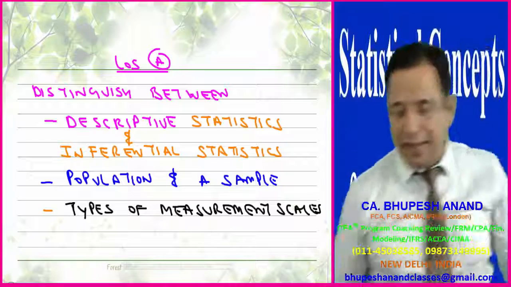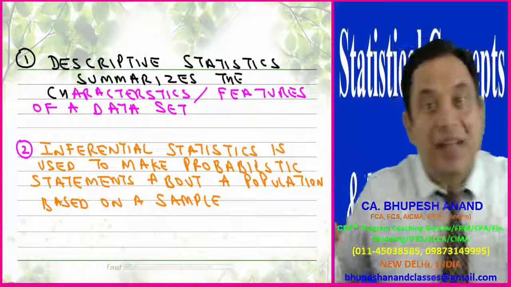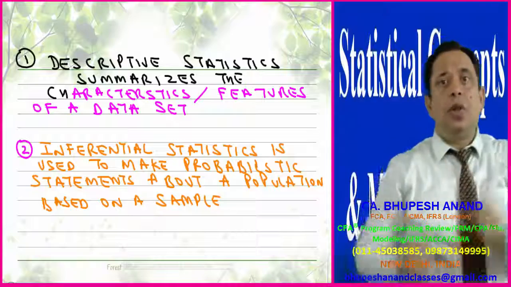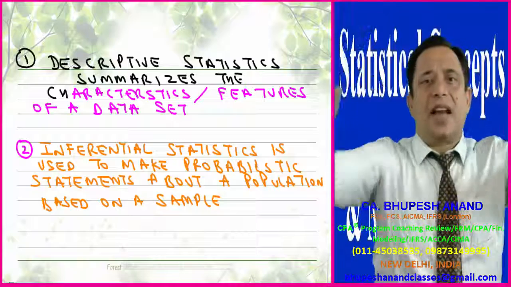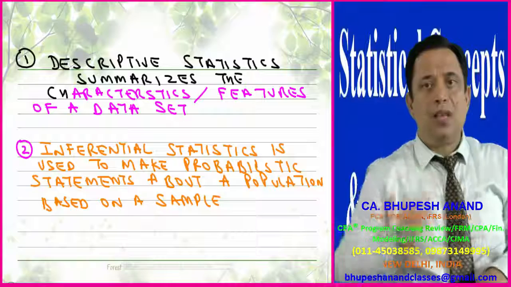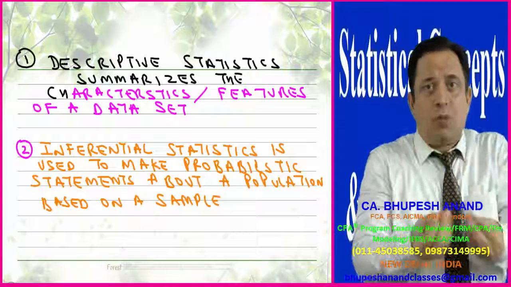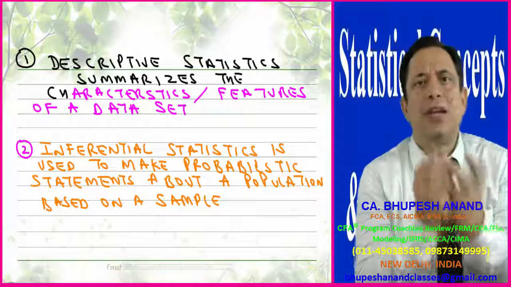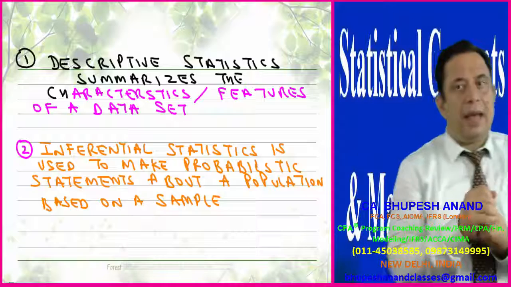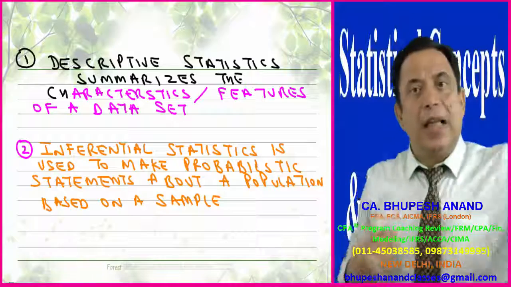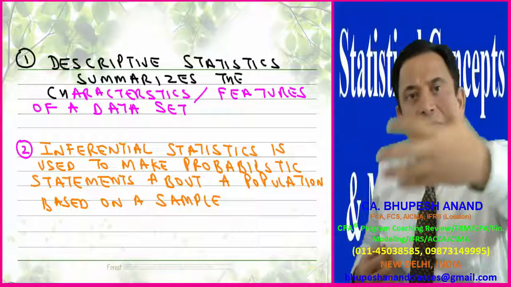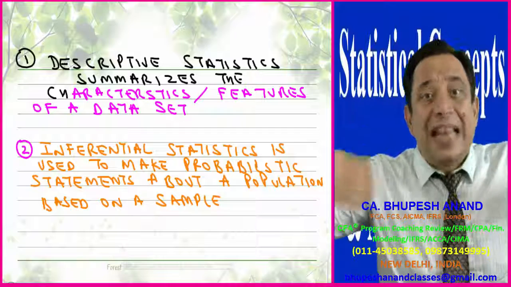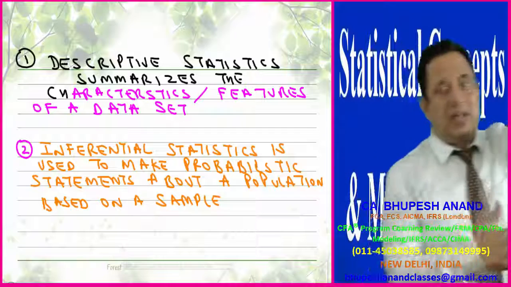So I will firstly deal with descriptive statistics. Whenever data is given to you, suppose I am giving you data that this is a class of CFA level 1 examination students, who are coming in classroom coaching as well as in pen drive lectures to me. Supposedly there are 20 students, 30 students, or 50 students, as the case may be. And if in a batch of 50 students I want to calculate the average time of self-study they are giving, apart from the class.